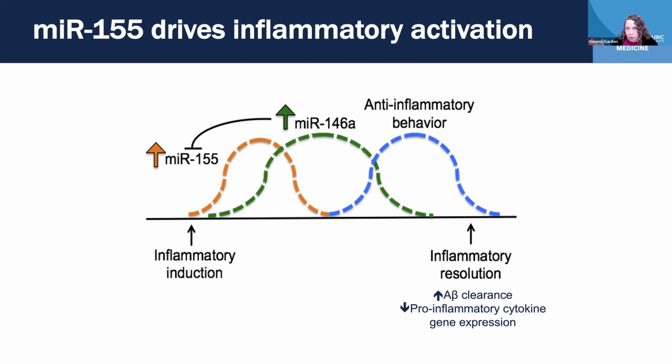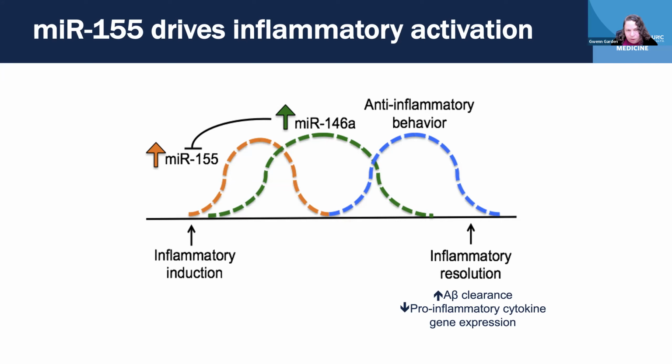And we had also shown, I don't know, 10 or so more years ago, that if you can get cells into more of an anti-inflammatory state, you enhance their ability to internalize A beta. And so we decided to explore whether, if we blocked miR-155, we could get more microglia to be in the state of internalizing A beta and avoiding the state of being pro-inflammatory and releasing all kinds of factors that can be injurious to neurons and impair the function of the nervous system as a whole.